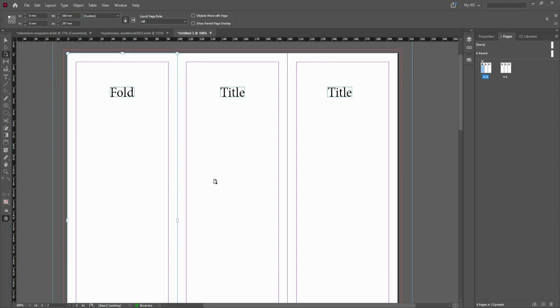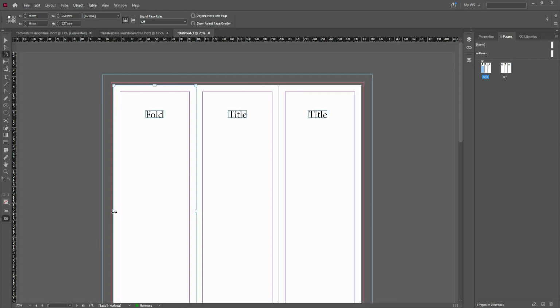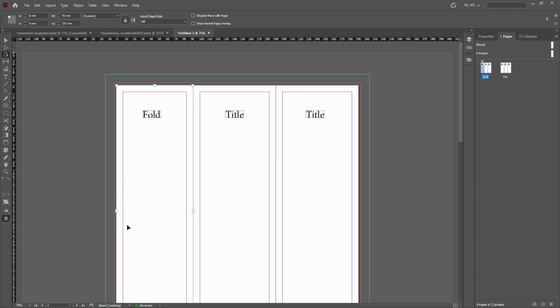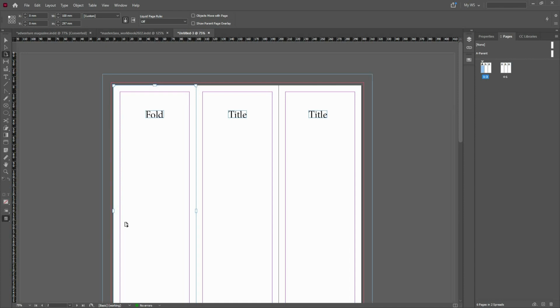Another thing you have to remember with this tool is when I let go of this, it jumps back to its original size. It's like a security feature that prevents me from changing the page size. To make sure that I change it, I have to also hold down the Alt key, and it will make sure that it actually stays in that size. So hold Alt and drag, and now it stays in the size. And instead of changing with the page tool and dragging the corner points or the control points around, I prefer to change here